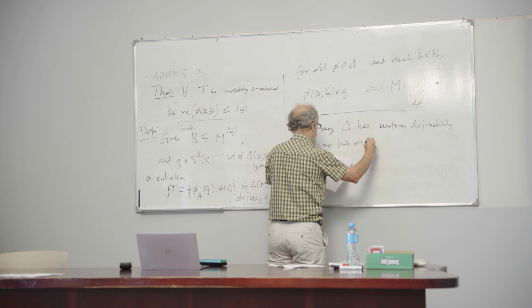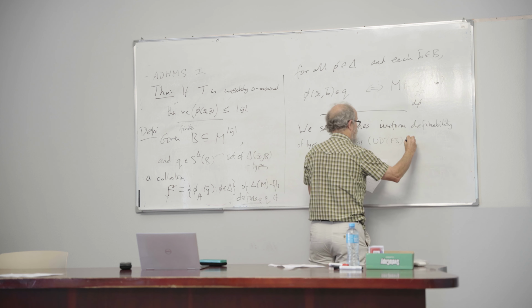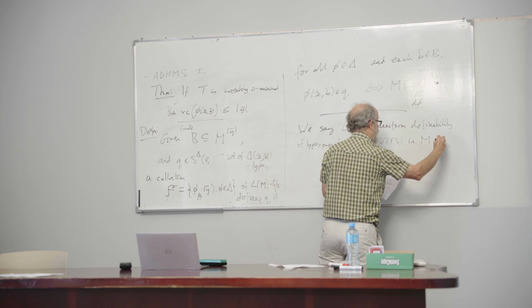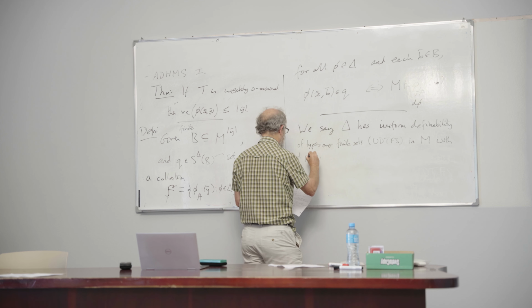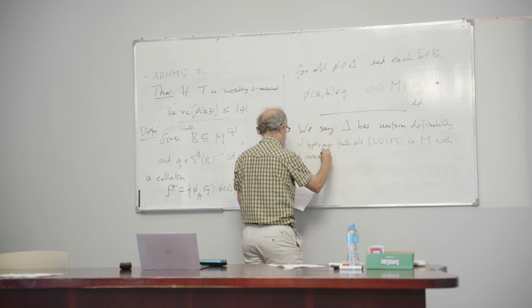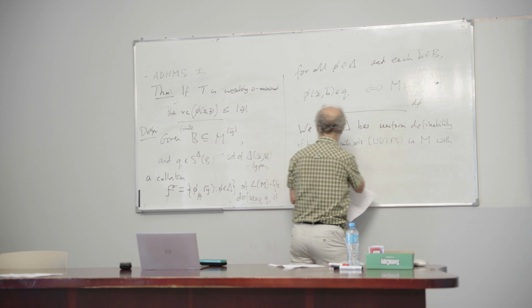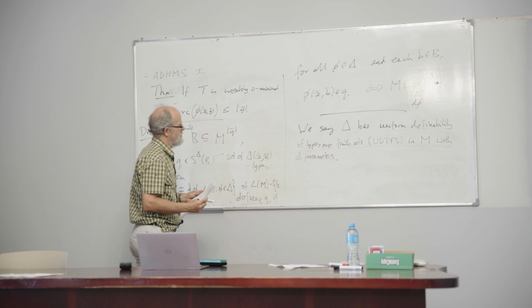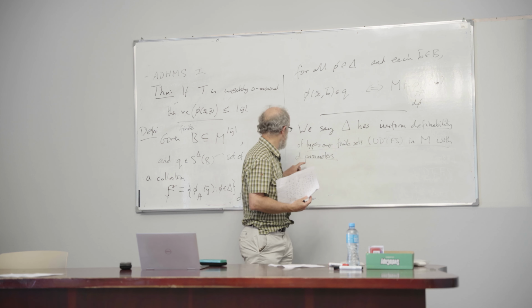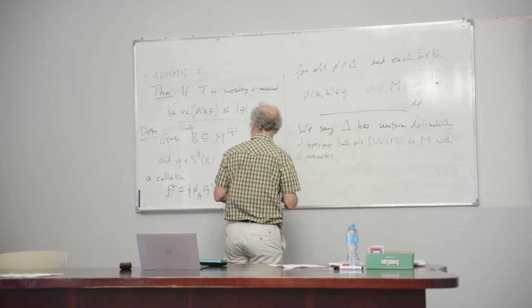So that's UDTFS in M with d parameters. That's really what I'm defining here. There's UDTFS with d parameters, if